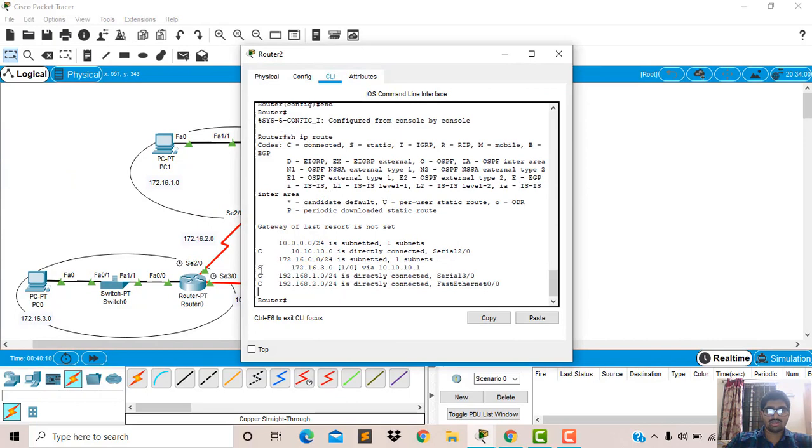Now here, before, we can see that the static connection is between router 2 and router 0. Now we will remove this path, so it does not receive packets from that path.